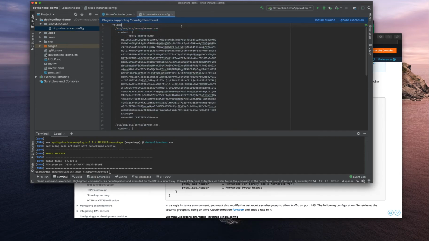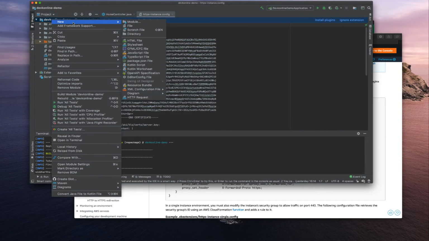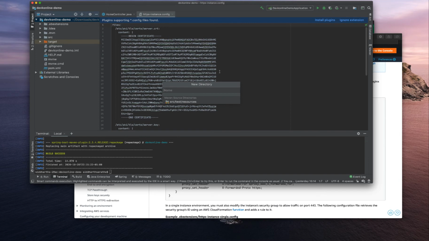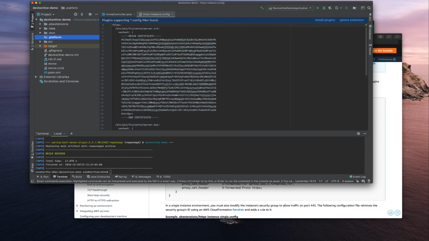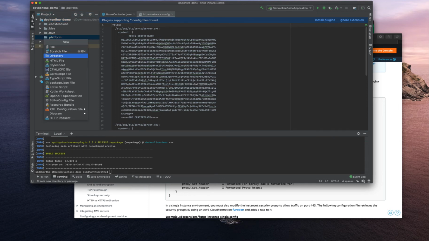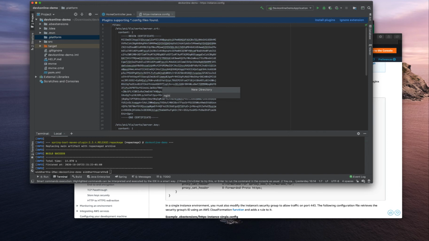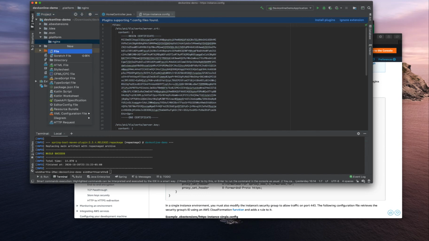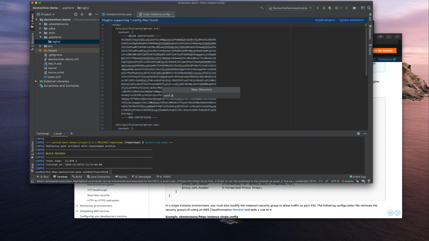So to do that, create another directory called .platform, and then create another directory called nginx. Under nginx, create another directory called conf.d, and here create a file named https.conf,